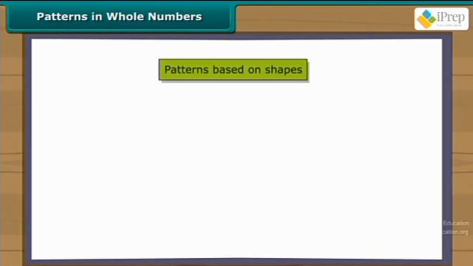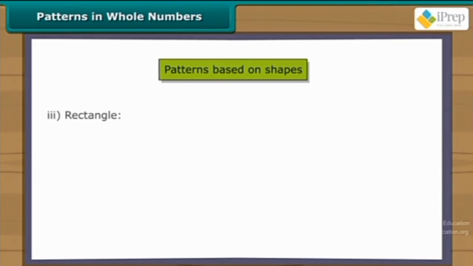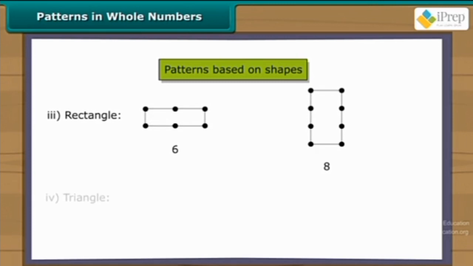In whole numbers, numbers can be arranged in some elementary shapes using dots. The shape could be a line, square, rectangle, triangle. Every number can be arranged as a line. For example, some numbers can be arranged as squares. For example, some numbers can be arranged as rectangles. Rectangles can be a horizontal arrangement or a vertical arrangement. For example, some numbers can be arranged as a triangle. For example,